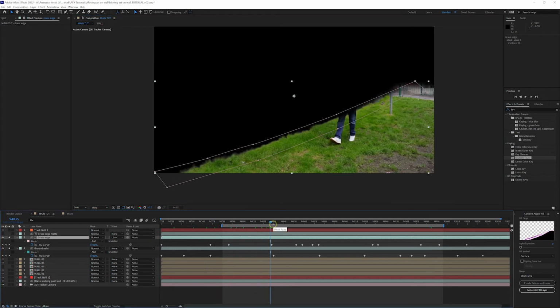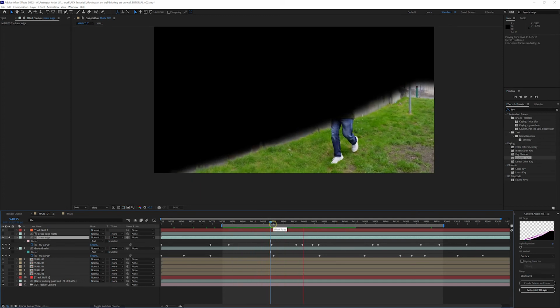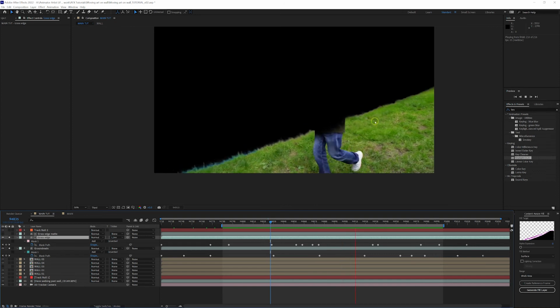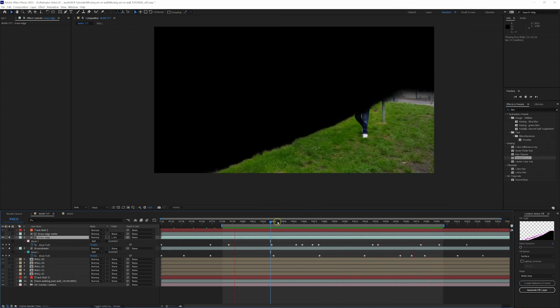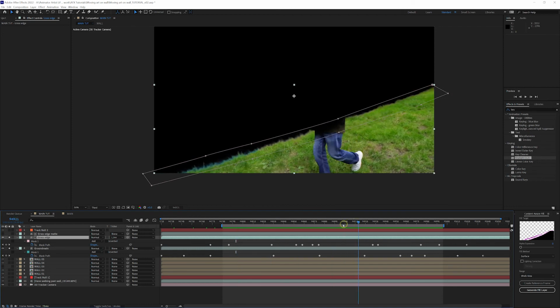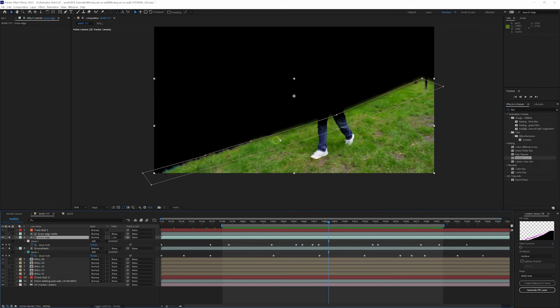Okay, now I'm just going to do a quick RAM preview just to see what we've got. And as you can see, it dropped a little bit there, so I definitely need to go in and fix that. But there you go, that's the basics of it there. So now, let's just fix that little bit. You saw it drop as we got to there. We're losing everything there on